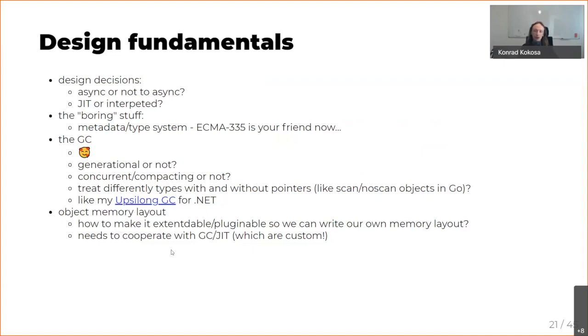So object memory layout is a pretty important thing that other pieces are heavily relying on. So this is another thing that I should really make plug-enable, and this is, let's say, the hardest thing that I'm currently thinking of, how to make it plug-enable and customizable for experiments.